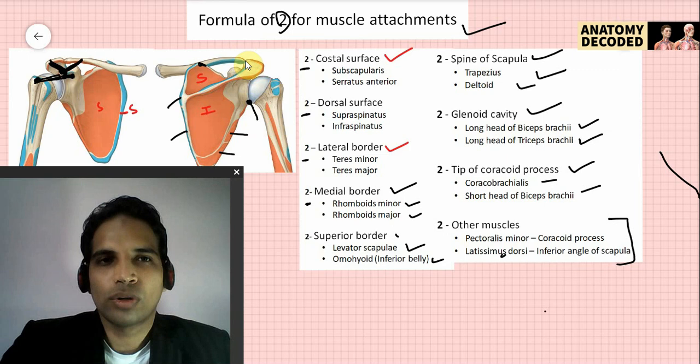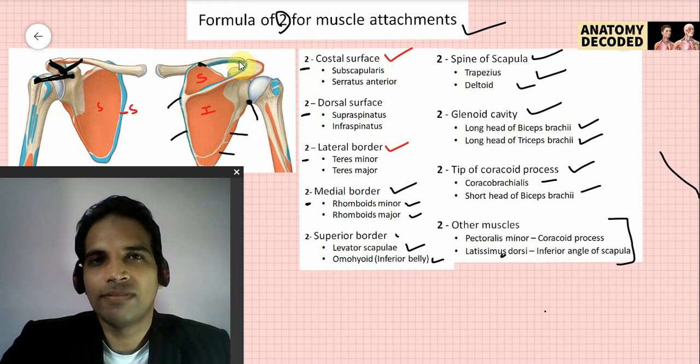And the acromion process articulates with the lateral end of the clavicle to form a joint which is the plane variety of synovial joint. So two joints formed by the scapula are the shoulder joint, which is the ball and socket variety of synovial joint, and the acromioclavicular joint, which is a plane variety of synovial joint.